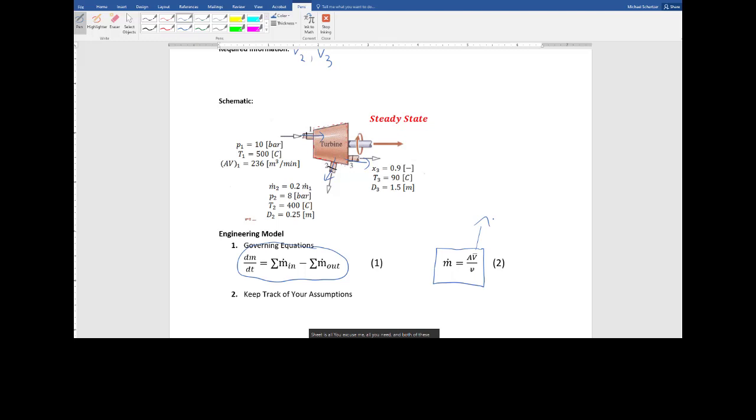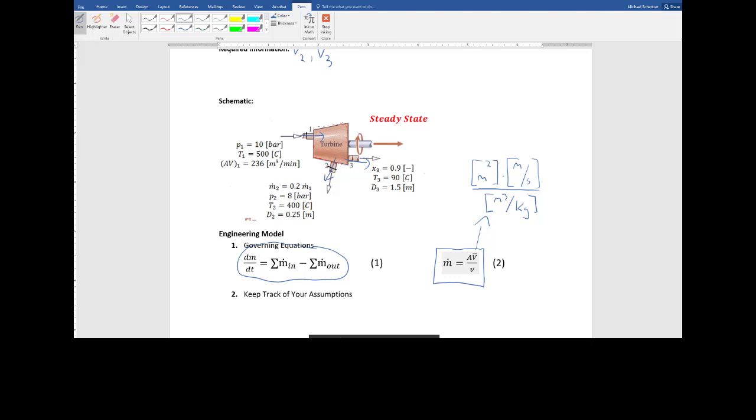Just a reminder, one of the ways we can see that this mass flow rate equation is reasonable is we have area, which is in meters squared. We can check the units, right? Multiplied by velocity, which is meters per second, divided by specific volume, which is meters cubed per kilogram. This is also a trick if you look at an equation and you're not sure when you see a V here, does that mean voltage? Does it mean velocity? Does it mean volume?